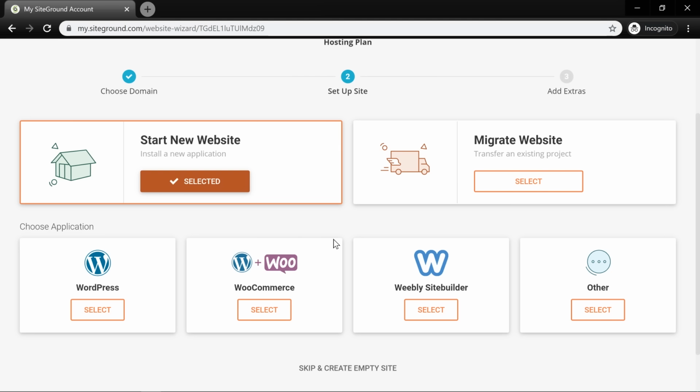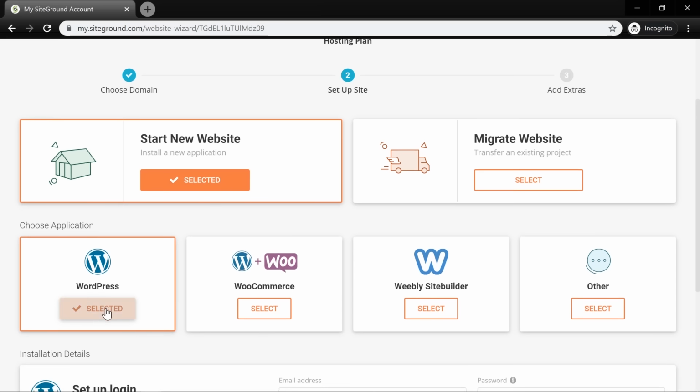This is essentially the go-to. There's other ones as well. You can see you can use WooCommerce with WordPress, or you can use Weebly, or there's other website builders as well. I think what we'll do actually is, if you want to build a website, but you don't want to go through this process, I'll leave a link to Wix, the Wix website builder, potentially Squarespace. You've probably seen their ads everywhere. You can build websites on those as well. Although if you're really trying to build a massive site that can net a lot of affiliate revenues, your best bet, from my personal opinion, is still going to be through WordPress.